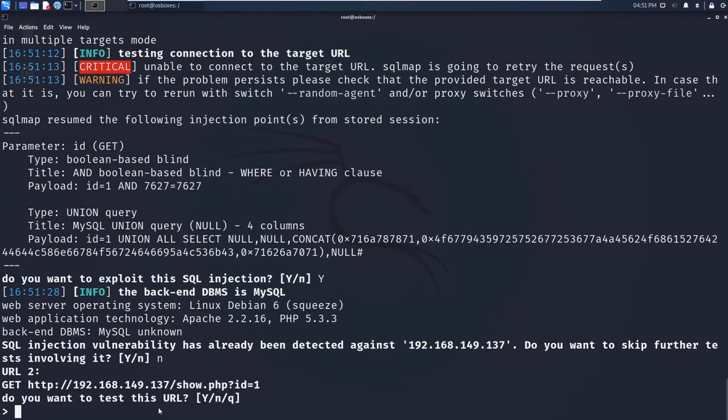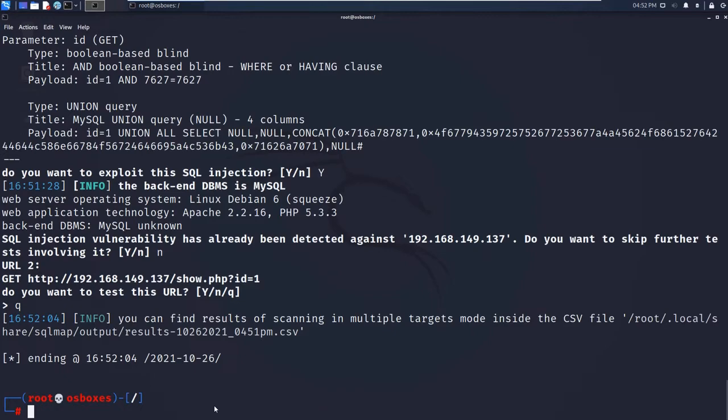So in this place it has jumped to the next URL. Over here you could see URL 2. Possibly what it is doing is, we have scanned for 100 URLs, so it will keep going until the 100 URLs are finished. Okay, so I'm just giving n, and I will give q and exit. So instead of just entering